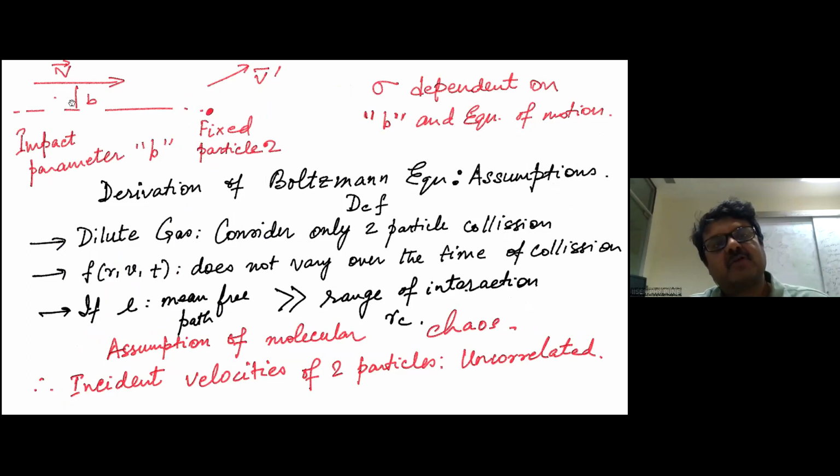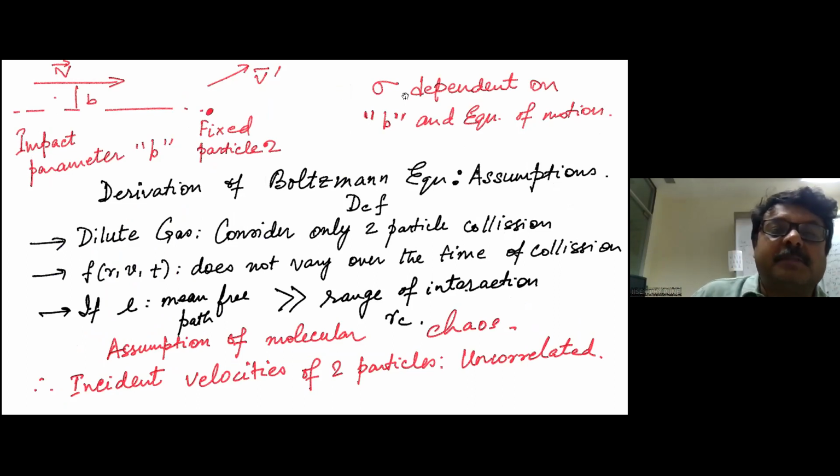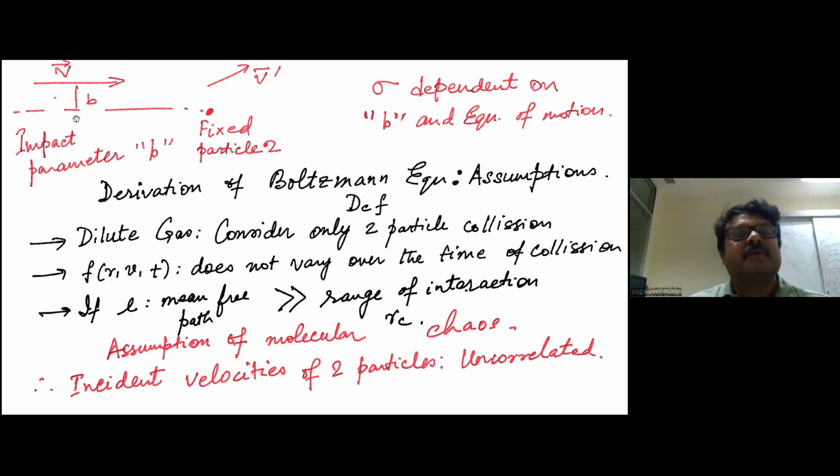Now, it is to be remembered that the scattering cross section actually depends microscopically upon the distance between the two centers of mass as they approach each other, right? So that's a microscopic quantity, and it is also going to depend upon the various forms of the interaction and the various forms of the potential and so on and so forth. So basically, sigma is not only dependent upon the nature of the interaction, the equations of motion, and the so-called impact parameter,